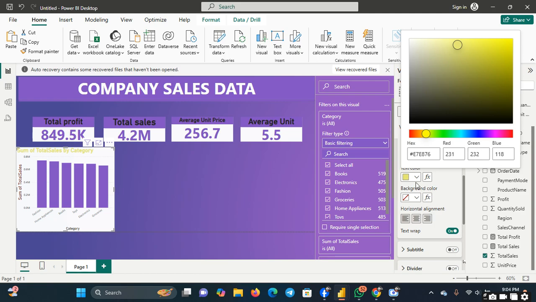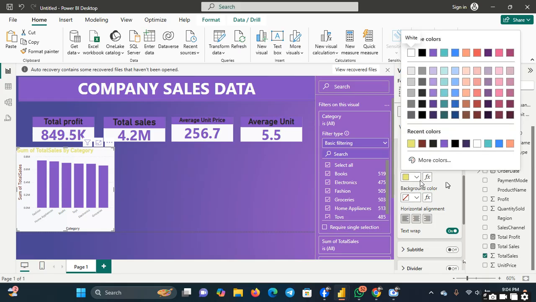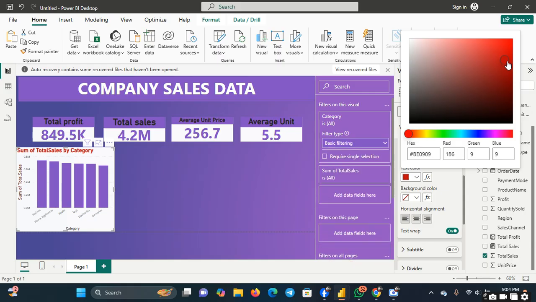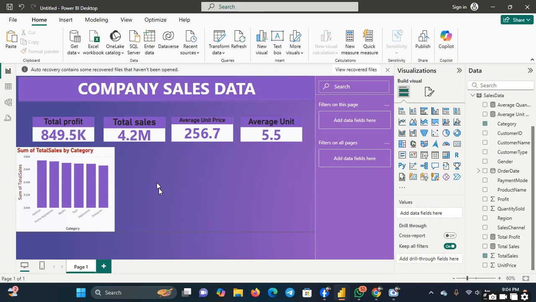Then after you are done, this one will not be sharp. Which color can I use? Let me use red. Something red. Yeah, this one is a little sharp. So then after that,